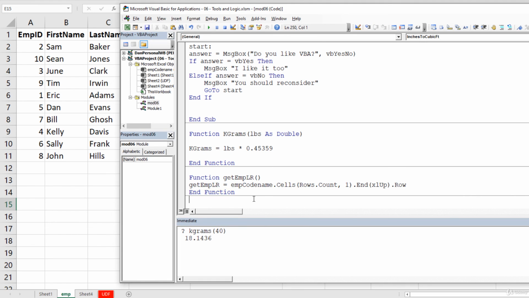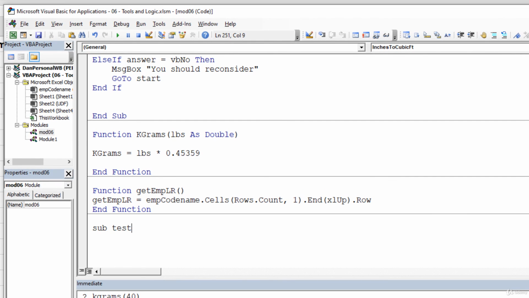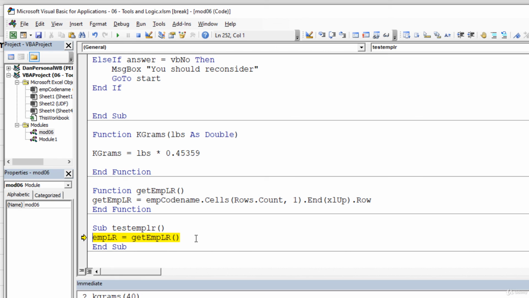But here's the beauty of it. Let's say I have another macro, a sub, and I'm going to call this test implr. So what I would do is, at the beginning of my code, I need to get the employee sheet's last row, and rather than remembering all this code every time and repeating that, I would just call that function, get employee LR. So that was Control Spacebar. So I want to call that function get employee LR, and I don't want to have to write down all that code again. So if I hit F8, now remember you can hit Shift F8 if you didn't want to actually go through all the steps of the other. So I'll show you that. Shift F8. It actually ran the other procedure, the other function, and returned the value of 11 to this variable. Now, if I had hit F8, it would have stepped through the other one, but Shift F8 will get you there faster, and that is the step